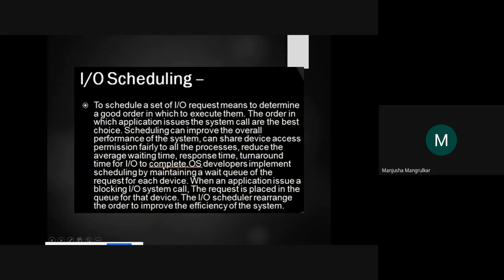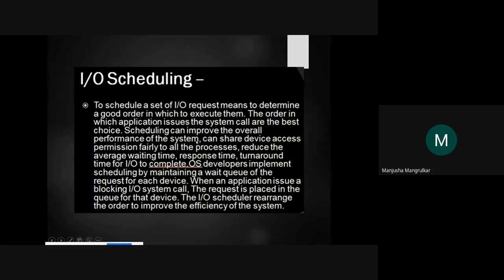IO scheduling. What is IO scheduling? To schedule a set of IO requests means to determine a good order in which to execute them. The order in which applications issue the system calls is the best choice. Scheduling can improve the overall performance of the system.